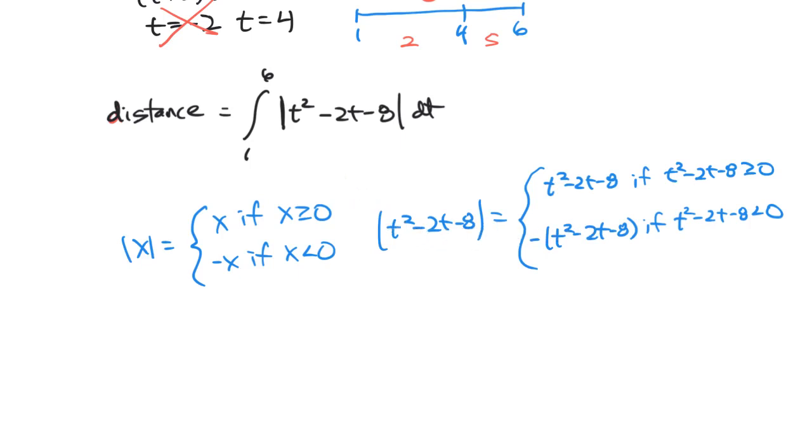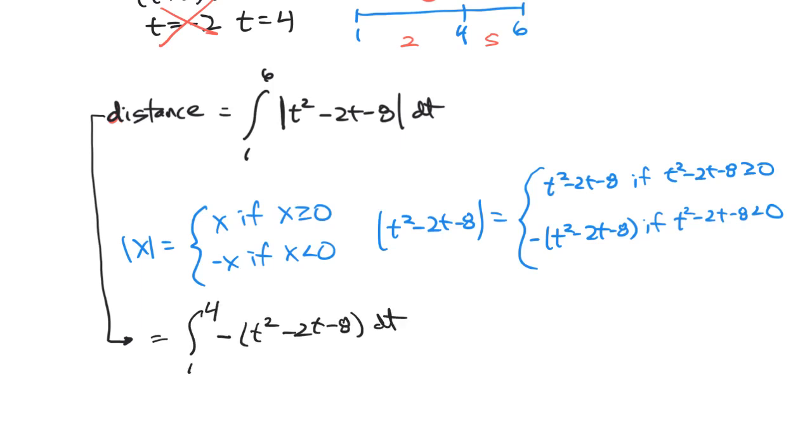We can't have the absolute value, so I'll just leave it like this. So this is going to be equal to, well, it's negative from 1 to 4. So we're going to break this interval from 1 to 6 into two parts. We're going to go 1 to 4 and then 4 to 6, right? 1 to 4 and then 4 to 6. And from 1 to 4, the absolute value of t squared minus 2t minus 8 is actually negative t squared minus 2t minus 8 dt,